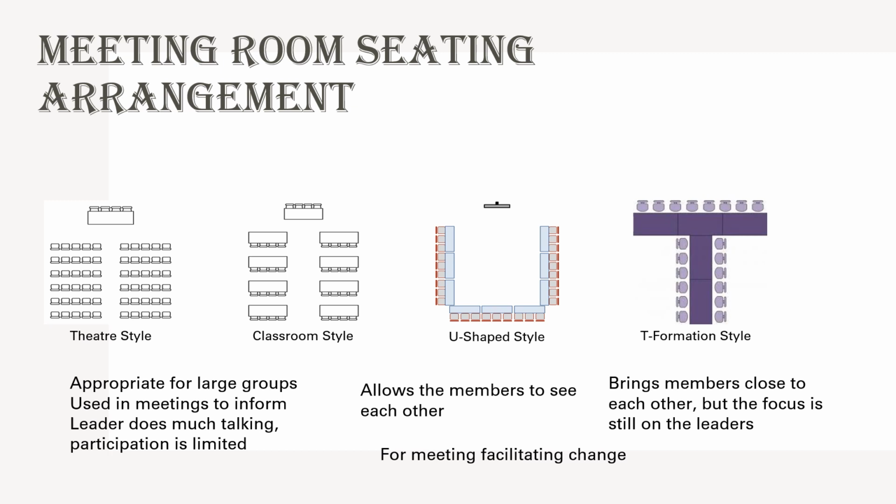So whenever you have a venue which has a classroom style of seating arrangement, in that case you would know that maybe you're required to take down some notes, or there is some information that is to be passed on to you, which you would want to retain for a longer period of time. Therefore the aid for writing, the support for writing, is given to you. So these two styles, the theater style and the classroom style, are appropriate for larger groups. Whenever you want to call a meeting that has a lot of participants in it, you may go ahead with the theater style or the classroom style.